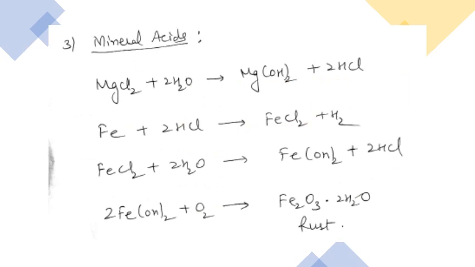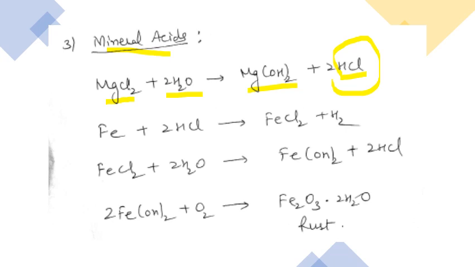Now the third last cause of the boiler corrosion is mineral acids. How are mineral acids responsible for the boiler corrosion? How do they come into the water? They come from the hydrolysis of the magnesium salts. For example, magnesium chloride is there in the water. It undergoes hydrolysis and forms magnesium hydroxide and HCl. HCl is a mineral acid. HCl, H2SO4, all these are mineral acids. So this is how it comes into the water, due to the hydrolysis of the hardness causing salts.